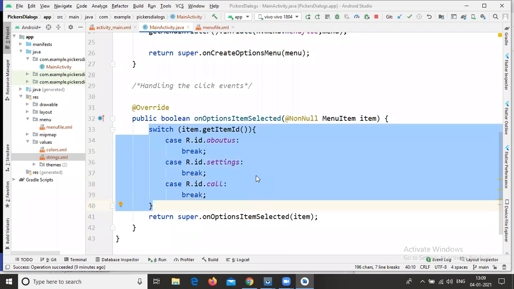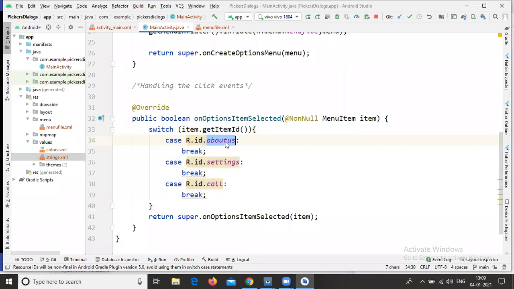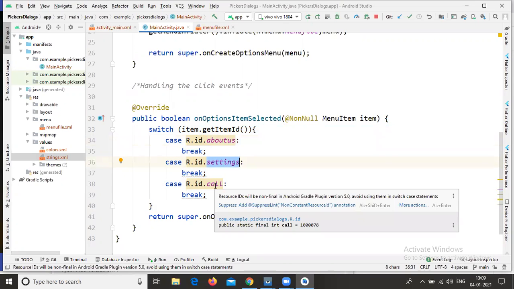When you are clicking a particular item, what is the action we need to implement? For understanding purposes, here I'm implementing toast messages. Later, you can implement activities. If you click About Us, you can navigate to the About Us activity. If you want to implement settings, you can go directly to settings.